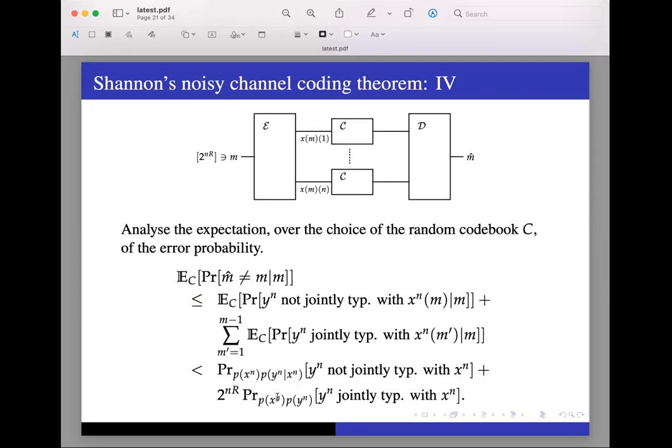Essentially what is being said is, the first thing is that I don't know what m is, so I'll just upper bound it. I'll take the worst case and analyze this event thinking of this m as the last message in the lexicographic order. Kind of, yeah. That's why we're taking the 2 to the nR. And the second thing, what this probability expression is saying is that, given a sample from the product distribution, what is the probability that it is also jointly typical with respect to the joint distribution? That is the thing.